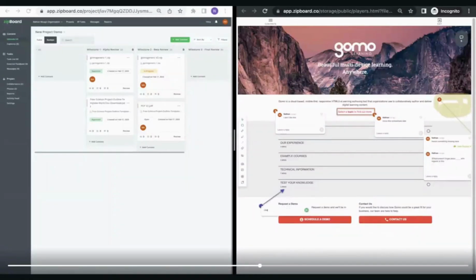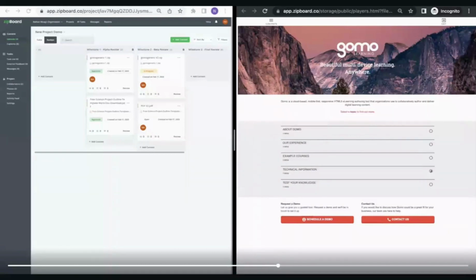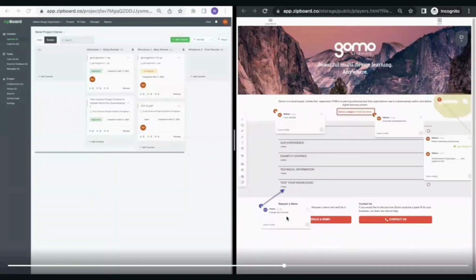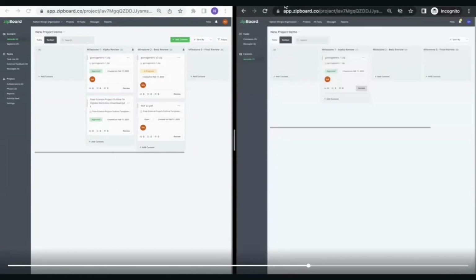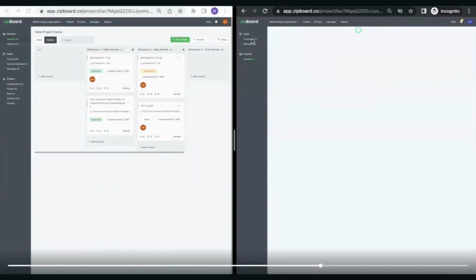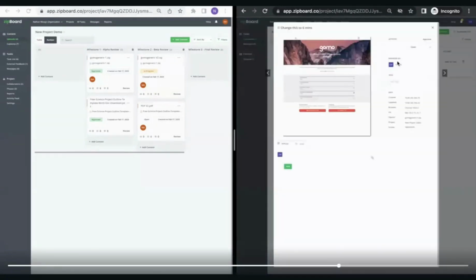So here, this is just a simple directive: change this. And once this has been changed, you can go and see within the project what that ends up looking like. And it comes back in the project as something called external feedback. So for the clients themselves, they're called comments. But if you look in the collaborative view, it's called external feedback. There's a little 1 beside there. And with the